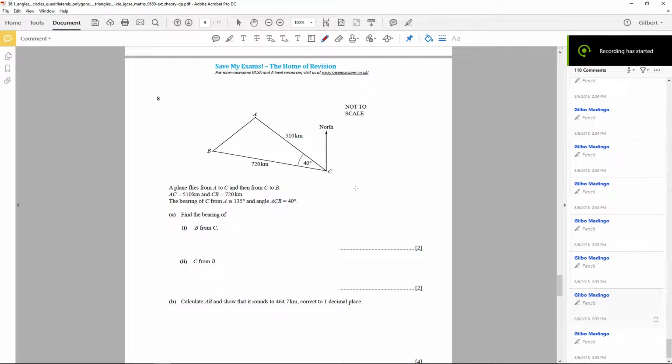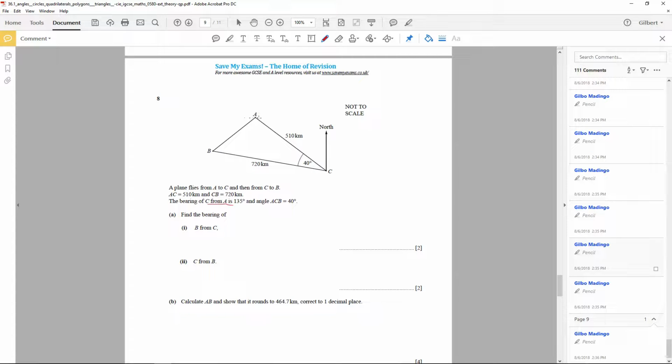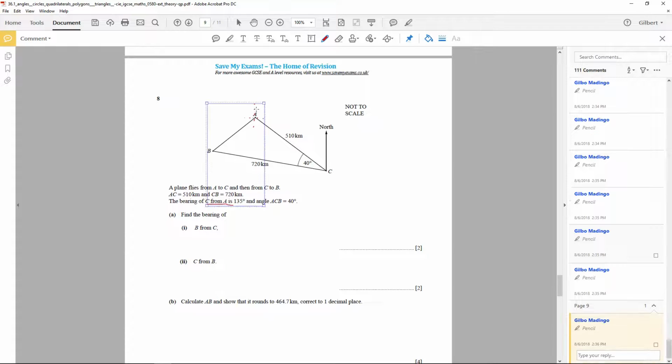Alright, the next part of the exercise. A plane flies from A to C and then C to B. AC is 510, CB is 720. The bearing of C from A is 135. When they say from A, that is the keyword here. From A we draw a cross on A, and we know that to C would be